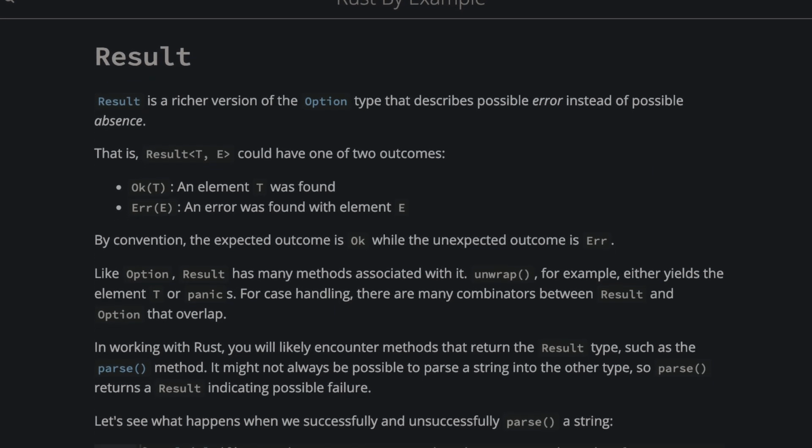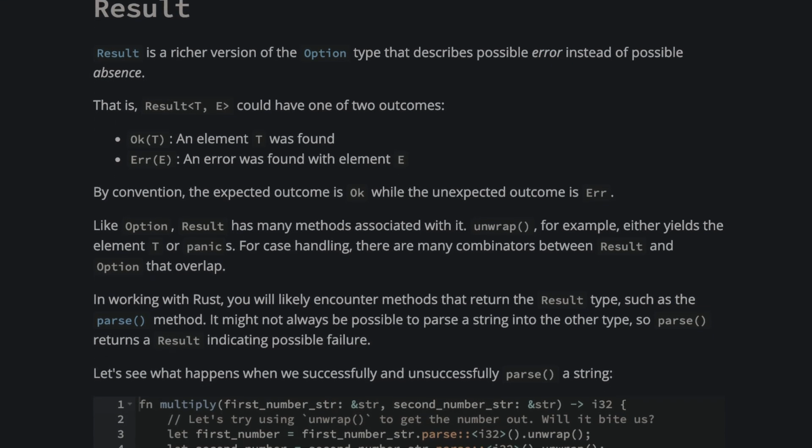The first problem that I see with TypeScript, and actually a lot of other languages as well, is the lack of proper result types. So in TypeScript, when you perform an operation that could fail, you could either throw an error, or you could return null, or you could return undefined, or you could return false, or you could return an empty list, an empty array, or an empty set, or an empty string.